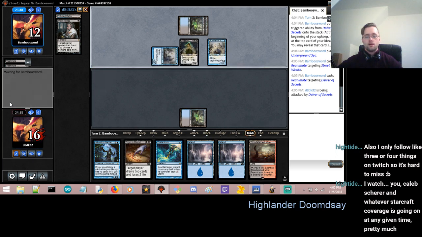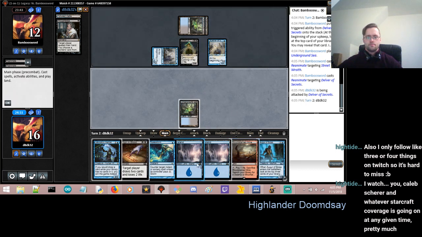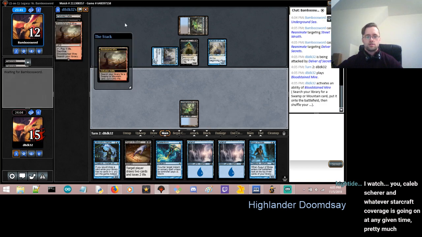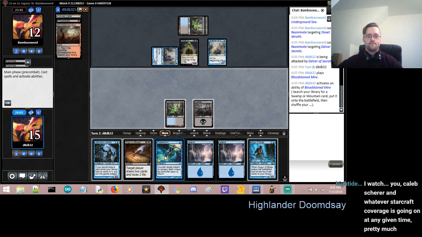If I could actually find some engine pieces... This guy is Swamp Walk. The Delvers will fly. I think I want to fire off the Sign in Blood. It just seems like the best thing to be doing here. I'm just going to kind of hope that...